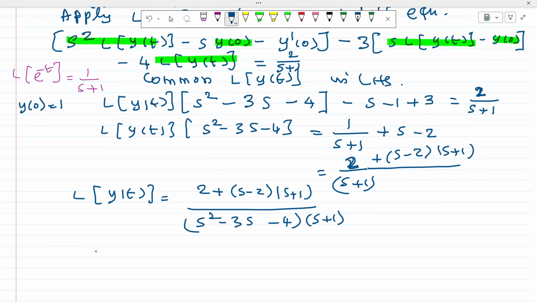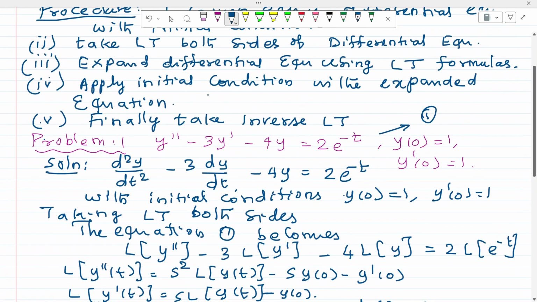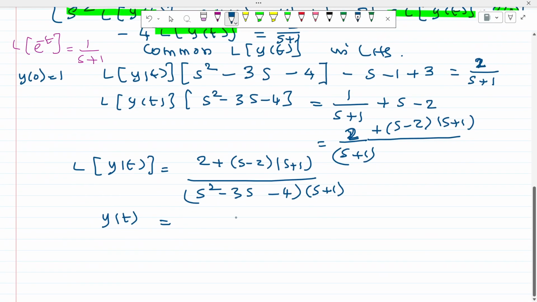Now what is our aim? Our aim is to find the solution y of t. Y of t equal to... see, what is the next step? What is the fourth step? You can see the final step is to apply initial conditions and then finally take the inverse Laplace transform. So if you take that inverse Laplace transform here, what do you get? Y of t equal to L inverse of 2 plus (s minus 2) into (s plus 1), and then in